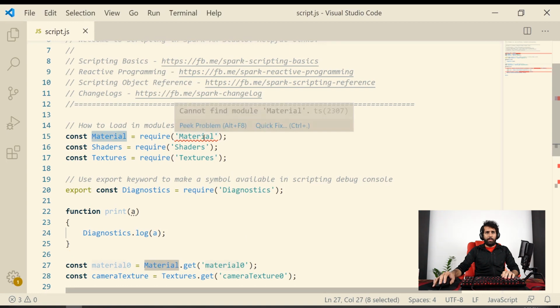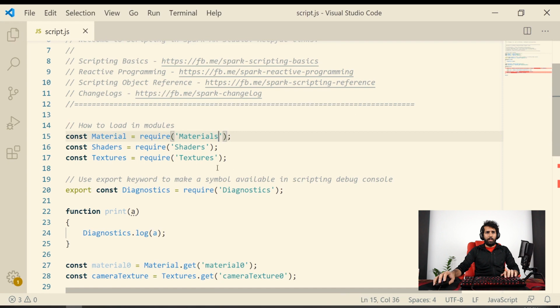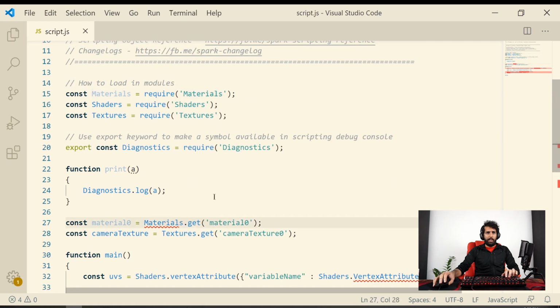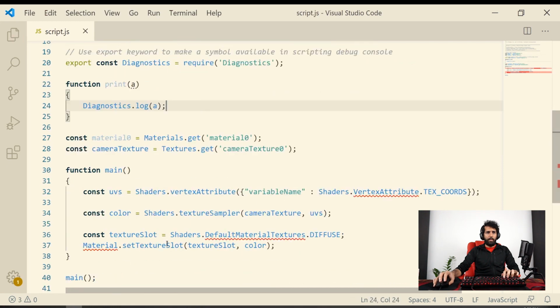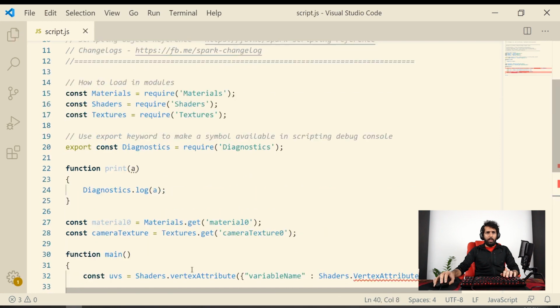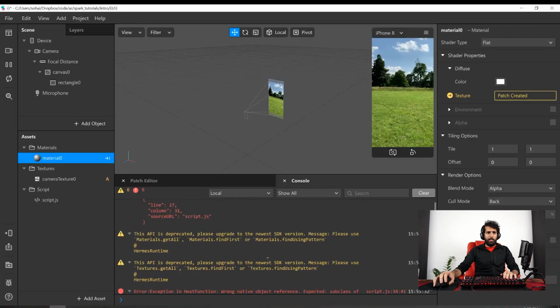Oh, we have a red line here. So what does that say? Can't find module. Oh, it's probably called materials. Yeah, there we go. Alright, so there's a bit of a typo. This should have been materials instead of material. I guess that makes sense because the others end in an S as well. And then we just replace. Okay, so if we go to Spark now,